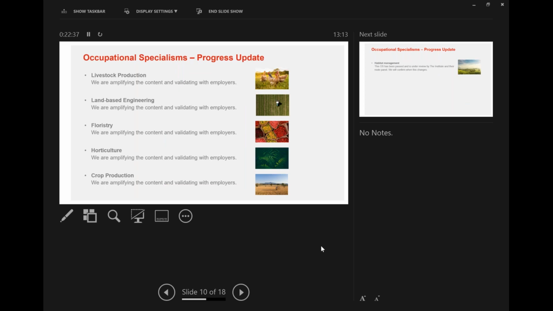So the following occupational specialisms: livestock production, land-based engineering, forestry, ornamental horticulture and landscaping, and crop production are in the process of being validated by employers at the moment. Validation is taking place currently. So the content has been amplified and is in the validation stage with employers.